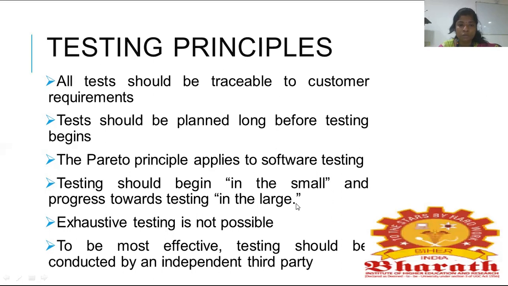The general principle we apply for software testing is the Pareto principle. Your testing should be done from the smaller stage to the larger stage. Your testing should begin from the smallest. You have to see every nook and corner to be error free, because the end user should have an error-free product. So your testing should begin from unit testing and go up to system testing, from the smallest progress to larger progress.